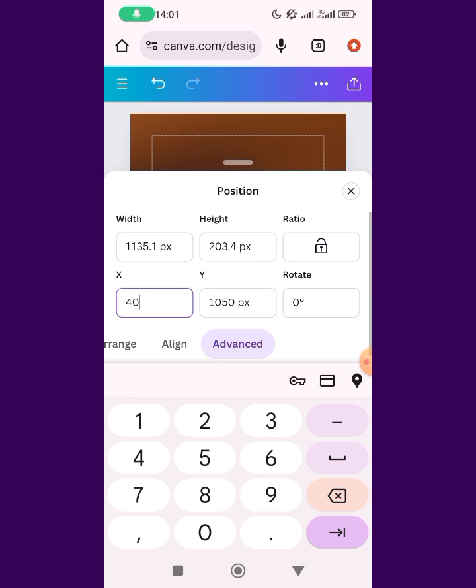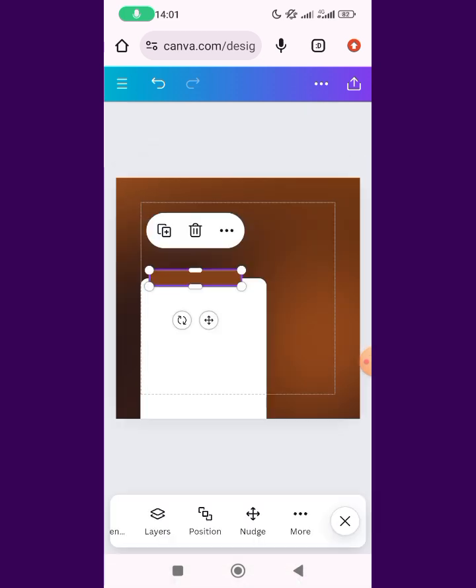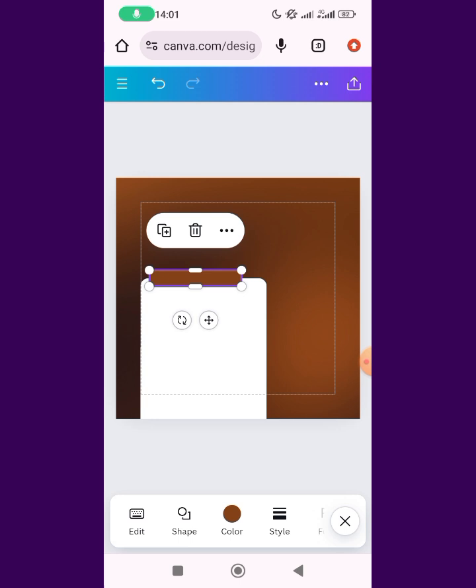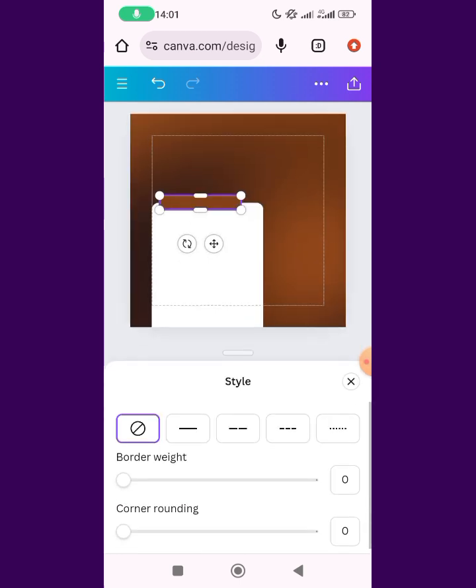So I have to have the number 409.1, and for the Y is 1149.2. So it is going to position it for me now. You can see it has positioned it for me. So what I'll just do is to click on it, then go to corner style and give it that 100%